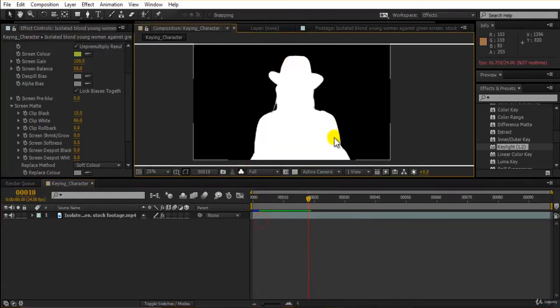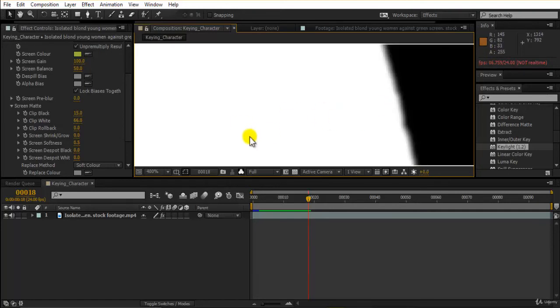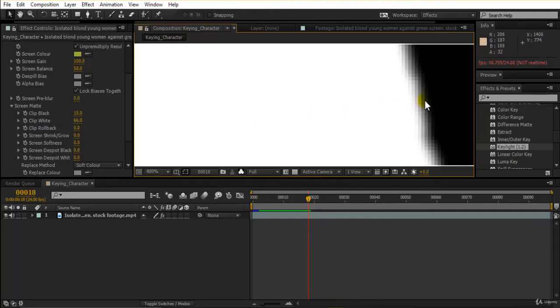again, if I go to my alpha here, this is 255, which means this is totally perfect. So if I come here, it's 0. If I go here, it's 255. Now what about the edges? Let us go here. There is some kind of softness over here. If you see the range, if I hover my mouse, it's right now 0. If you notice over here, it's 0. And then if I come back over here, it's 255. So this is the area which is semi-transparent, and we'll be working over here as we will be making this more smooth, more blending with our background.